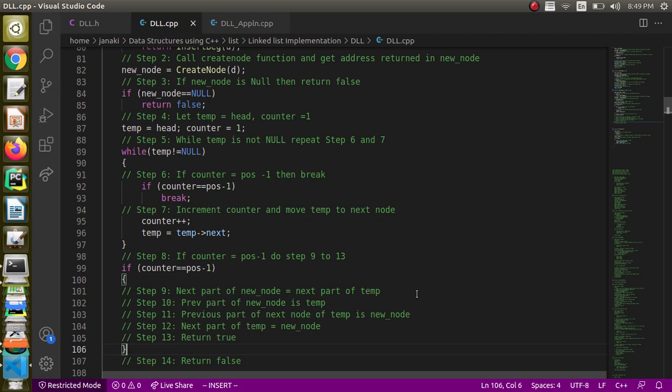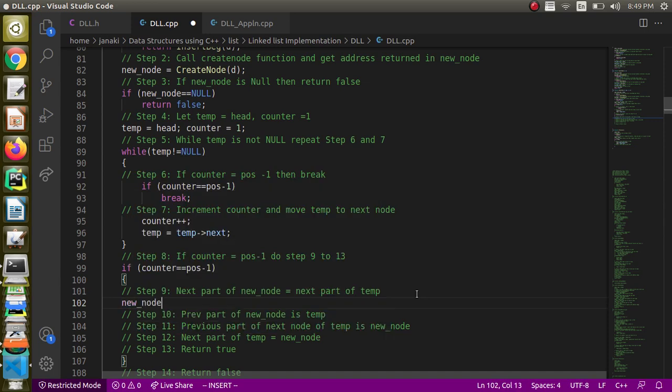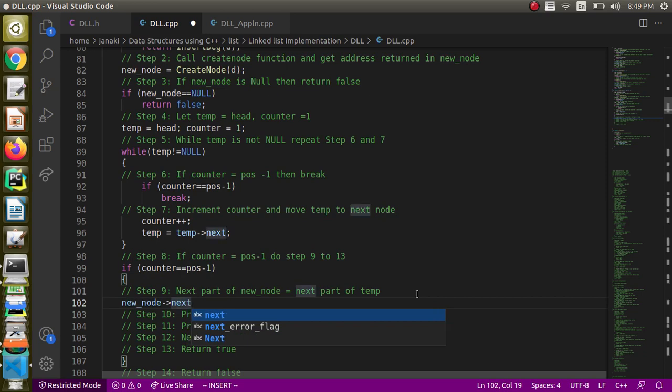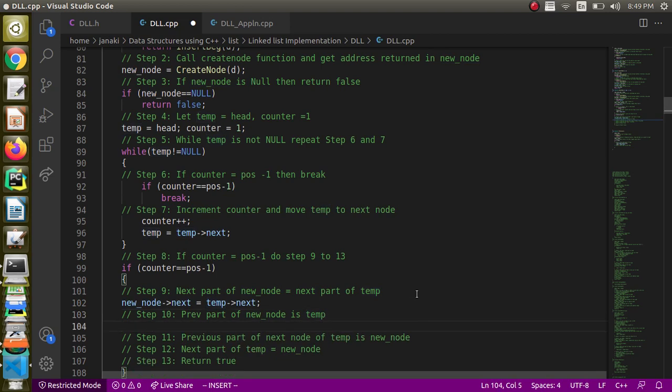And what we are doing in step 9 is we have to make the next part of new node next. Yes, new node next is equal to temp next, the next part of temp. So that's what we are doing. And then the previous part of new node, right?